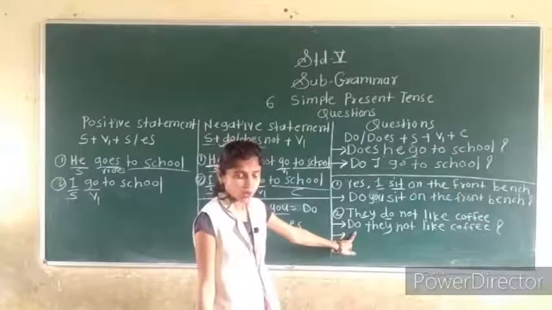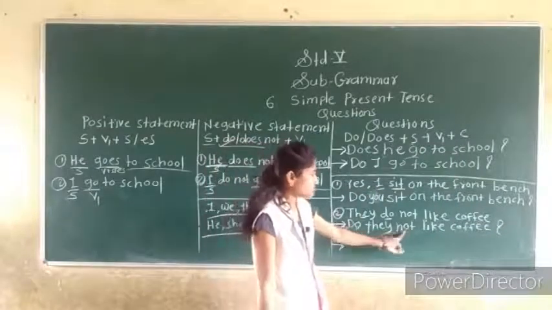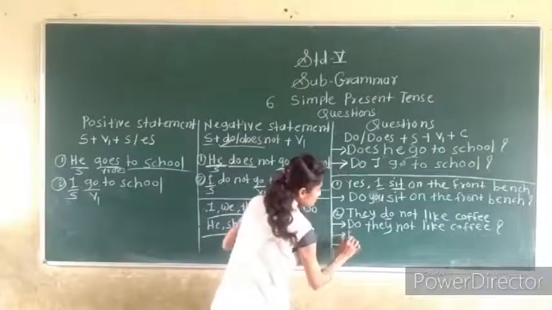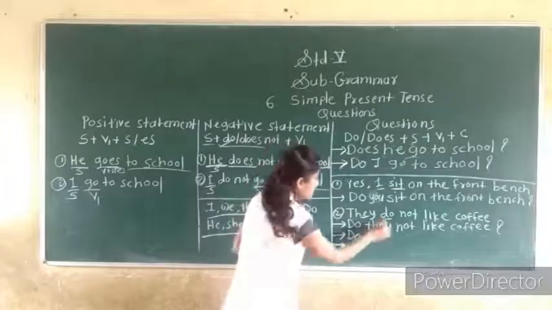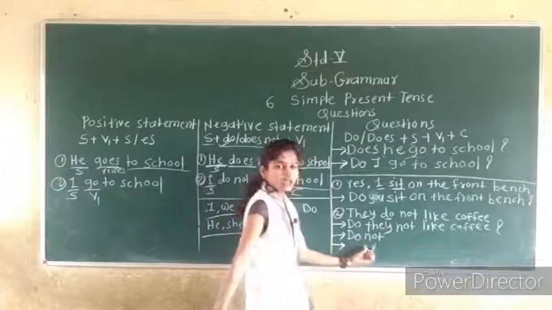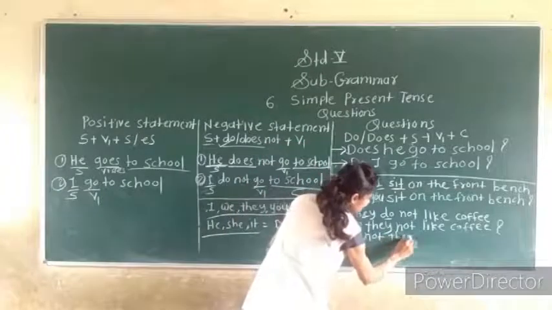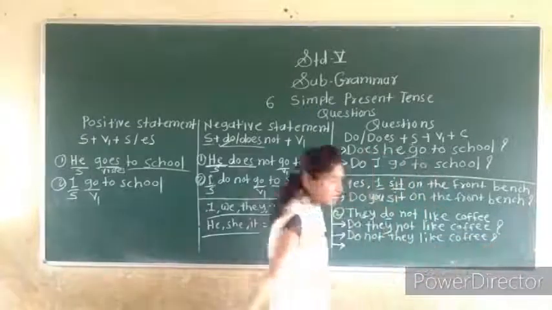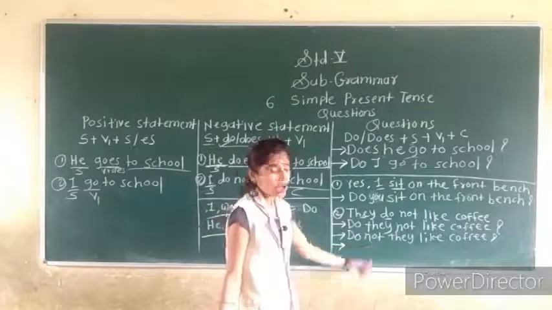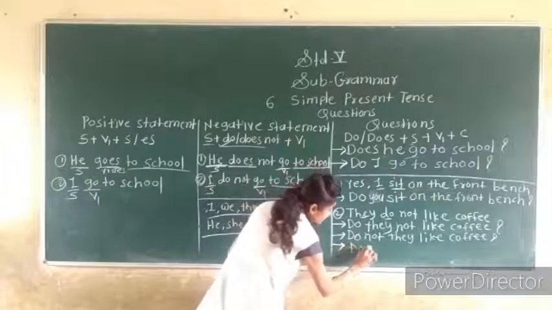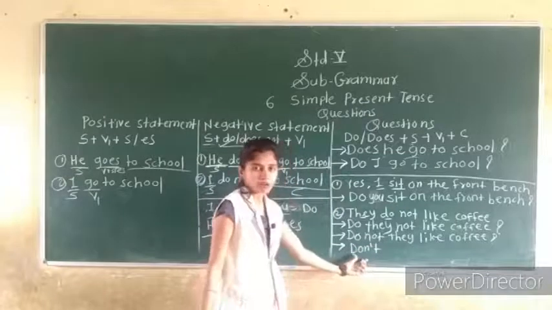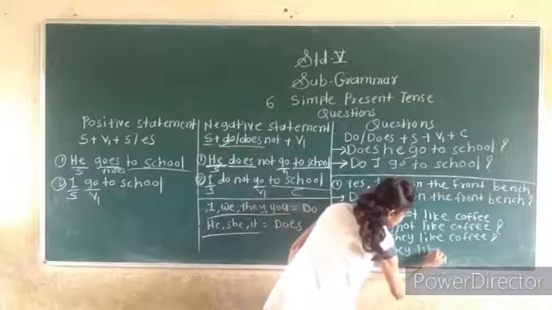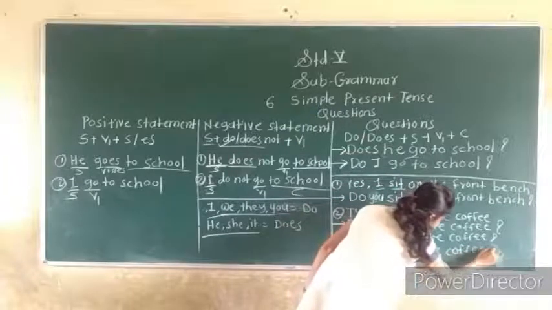First you are taking do. After the subject. After not. And like coffee. The statement it is. Next it is the same it is do. And after the not. Do not. After subject. They like coffee. Question mark. And after that, do not how we write in the short also. Don't. How you write? In don't. They like coffee. And the question mark.